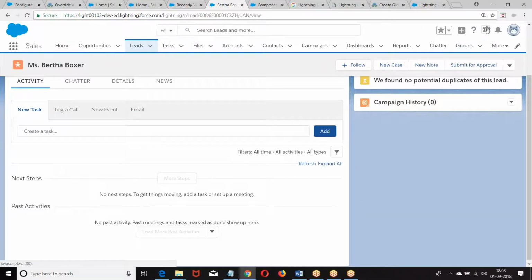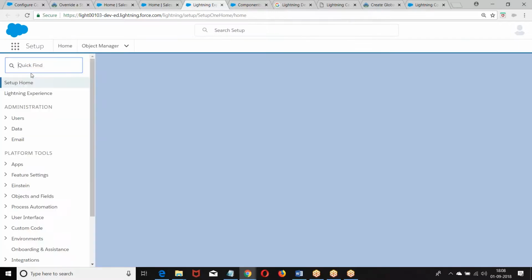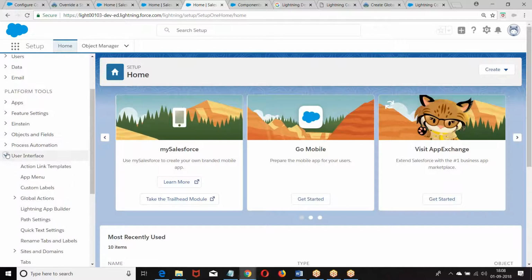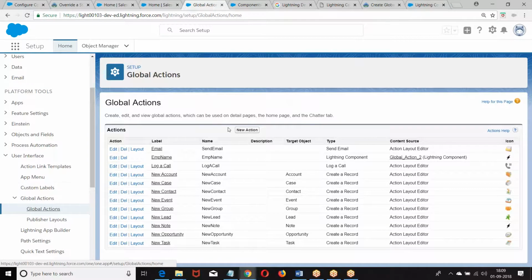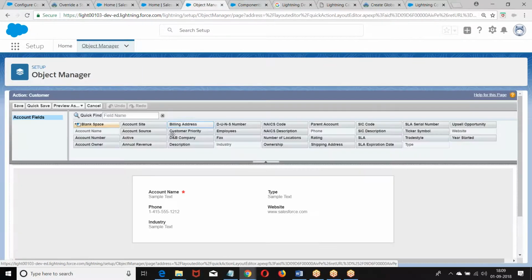Look at this one more time. Setup, platform tools, user interface, global actions, new action, create a record, choose the object, customer name, then save. After saving it, you are supposed to manage the fields and click on save.